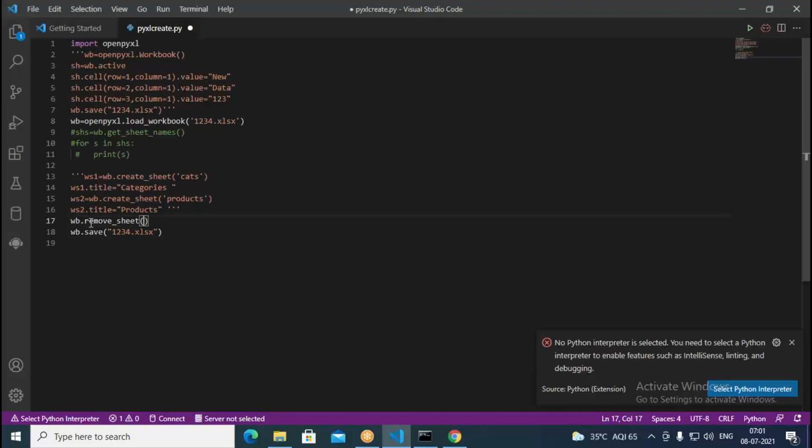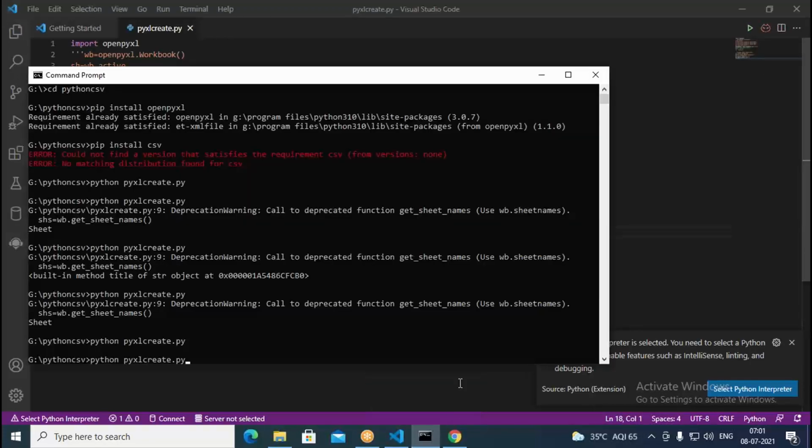So what is the name of the sheet? That is, it is nothing but here, just we had sheet only. Okay, so this is sheet. So this is nothing but sheet. I want to remove that sheet. Then we'll see after uploading again how that looks.